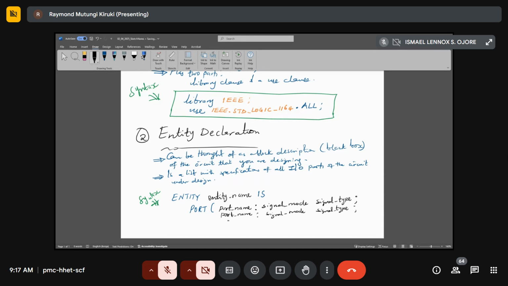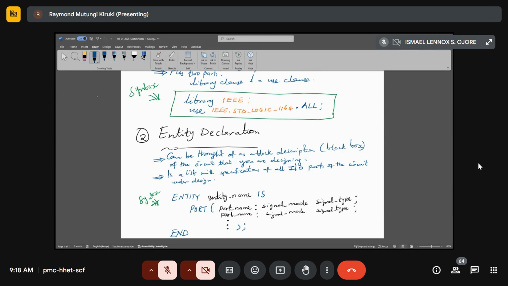This will continue for as much as you have the ports or inputs outputs to declare, and then you will close this with that bracket and semicolon, and then our entity is still open, so we also end